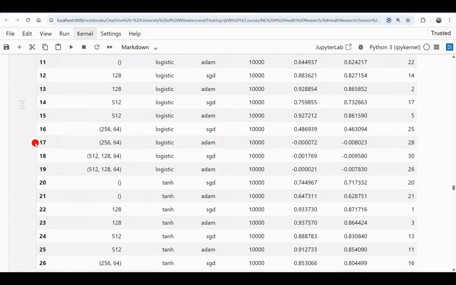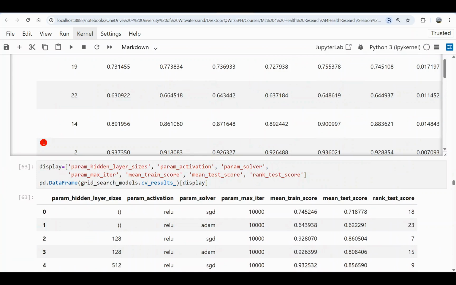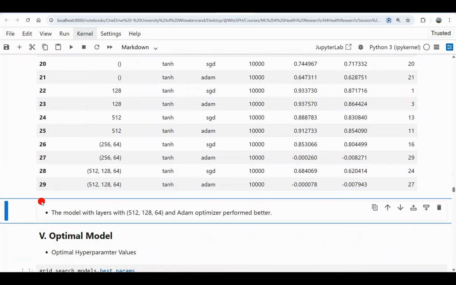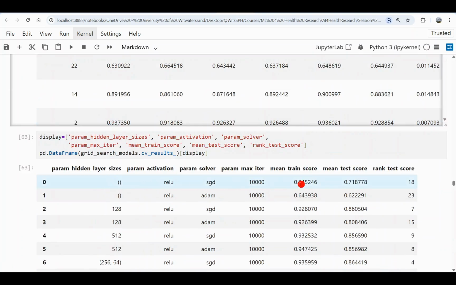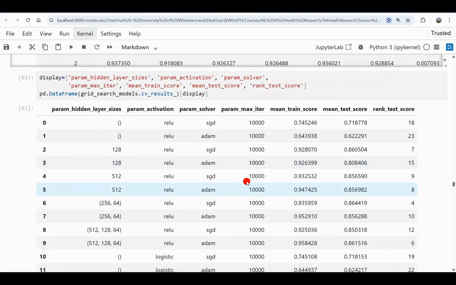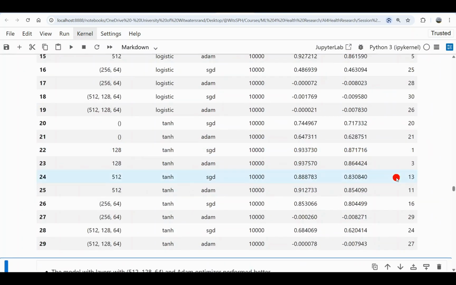So here we have 30 different models. It starts from 0, so it ends at 29. So we have 30 different models, which means 30 different possible hyperparameter combinations. Of these, the one with the best performance is this one: a single hidden layer with 128 nodes, a tanh activation function, a stochastic gradient descent optimizer, and these 10,000